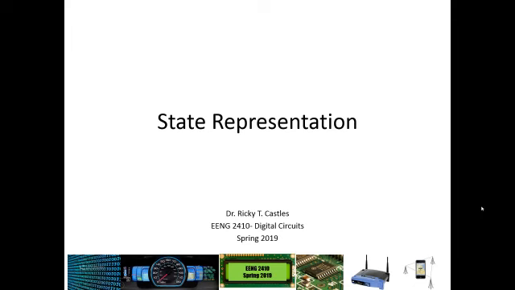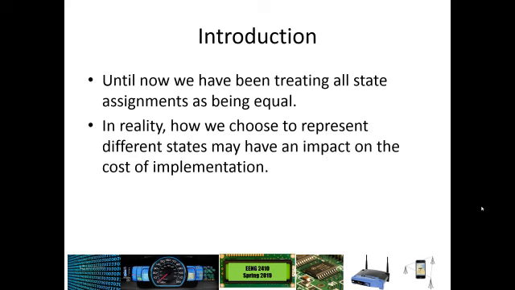In this lecture, we want to talk about how to choose the binary values that will represent each of our states for a state table. So up until now in the course, we have really been treating all state assignments as being equal. And generally, we've just been listing our states in the order we thought about them and then giving a binary value accordingly. So the first state that we have, we've given 0. The next state that it goes to, we've given 1 and then 2 and so forth,